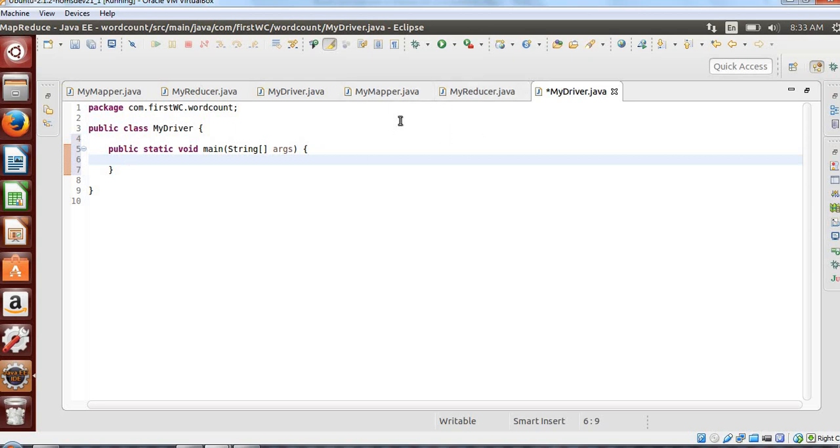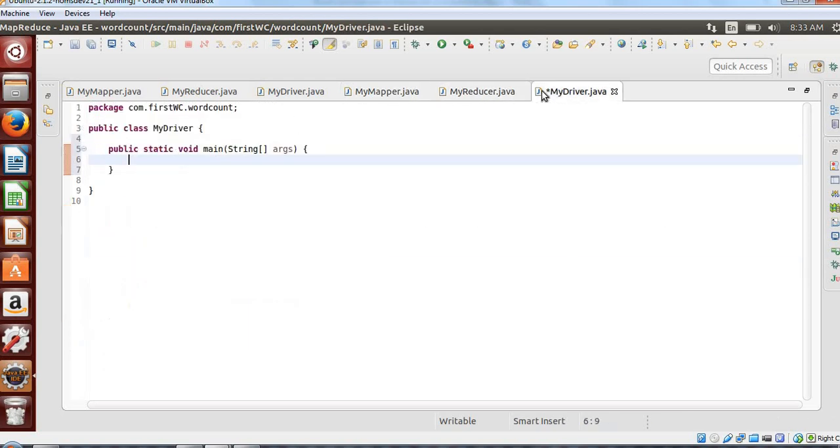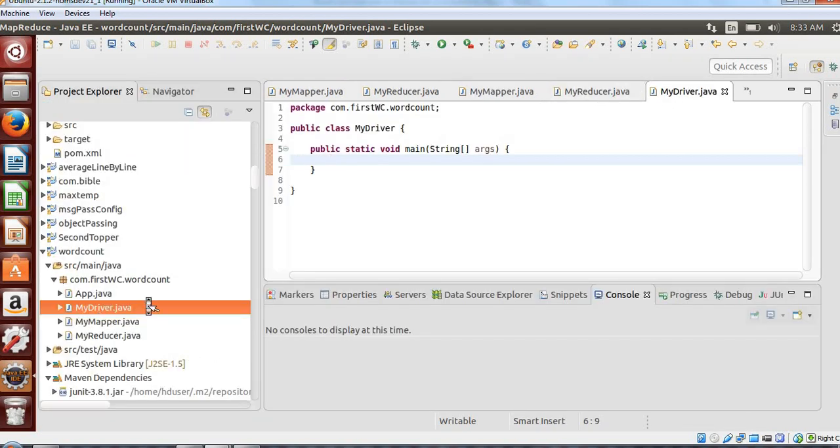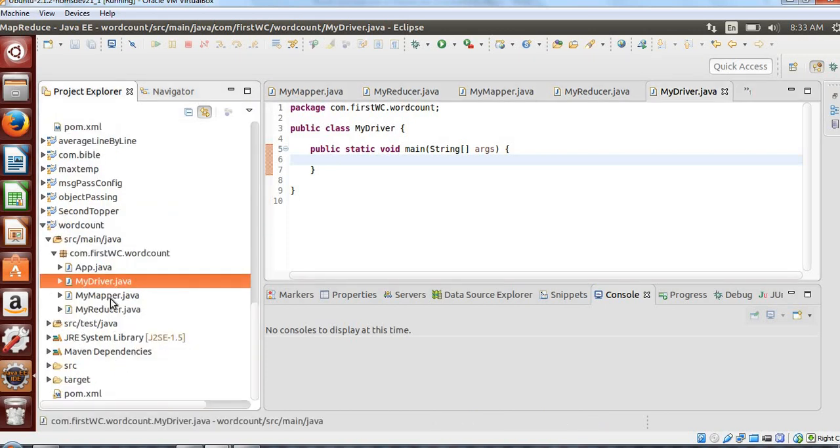So what I'll be doing here, just give me a moment. I'll define my input and the output directory here itself.